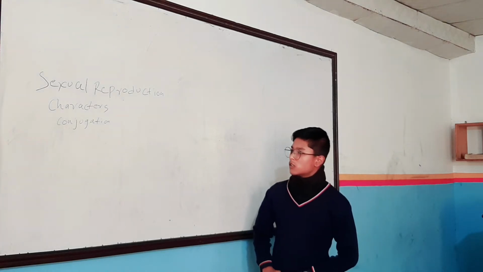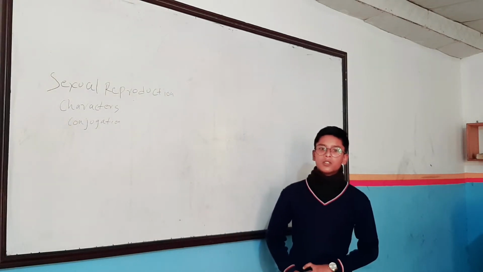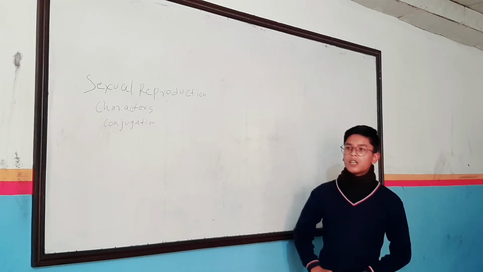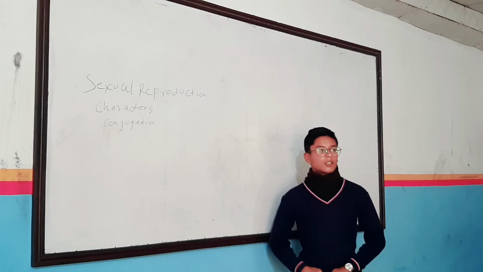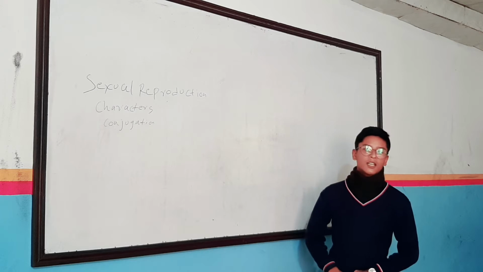It is a type of sexual reproduction in which fusion of gametes takes place and four offspring are produced, like Chlamydomonas, Spirogyra,